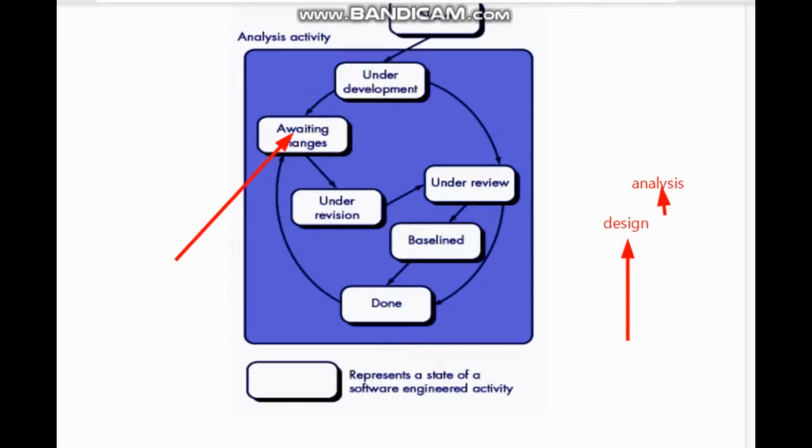Okay, once the awaiting changes are revised and finally revived. All right, so this is another example where we can see that when the design was under development, it was kept under awaiting changes state because of the lack of information observed during analysis. Hence, after recollecting that information and again coming under development stage, when all the information is obtained in the design, it will go for revision, and then only it is reviewed, and then finally that activity will be done.